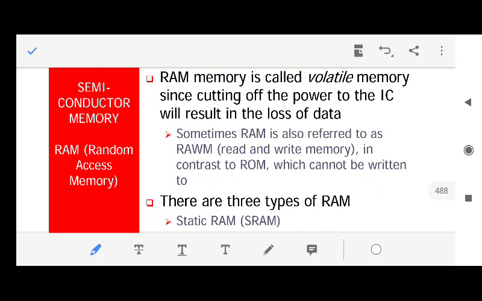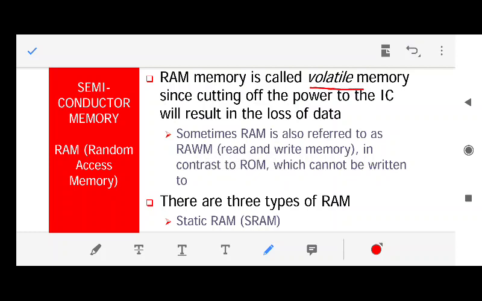Different types of RAM are defined. There are a number of ways. One way is whether the RAM is volatile or not. What does volatile mean? I think everybody understands what volatile means. Volatile means something which is not permanent, something which can be erased. A volatile memory means something which is erased.